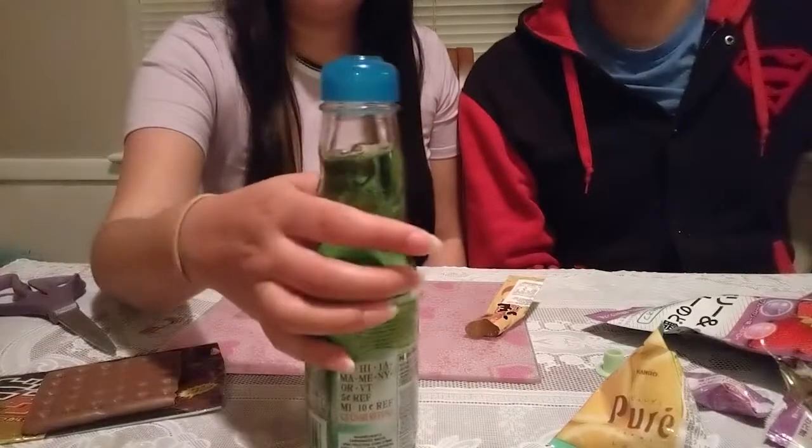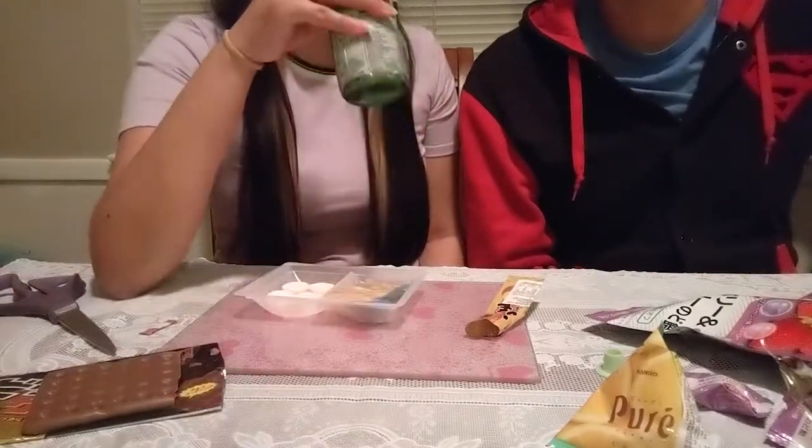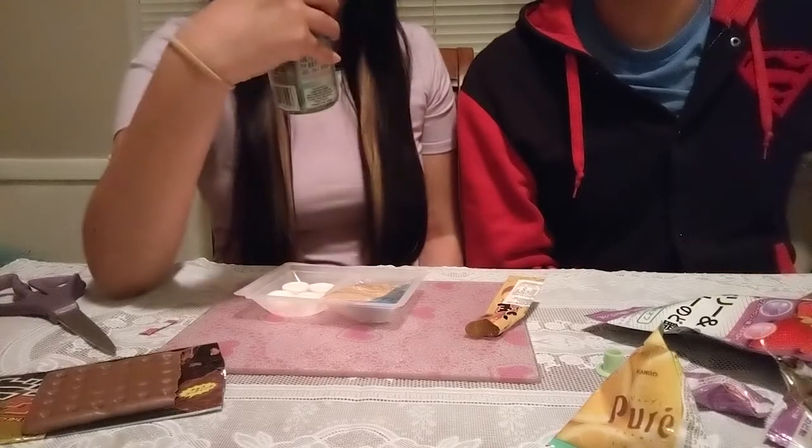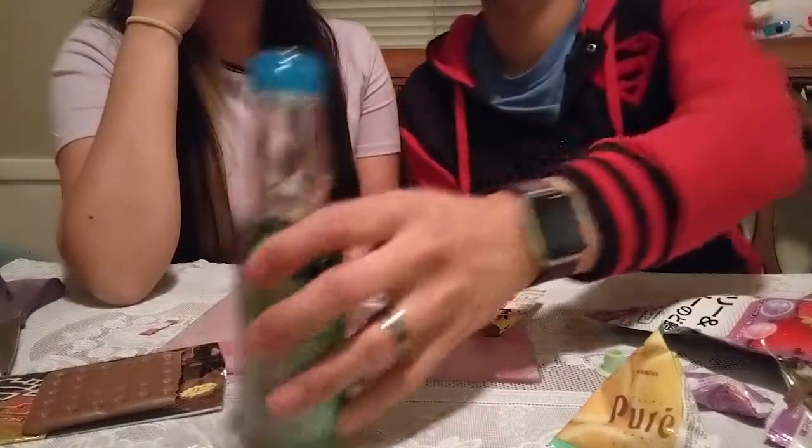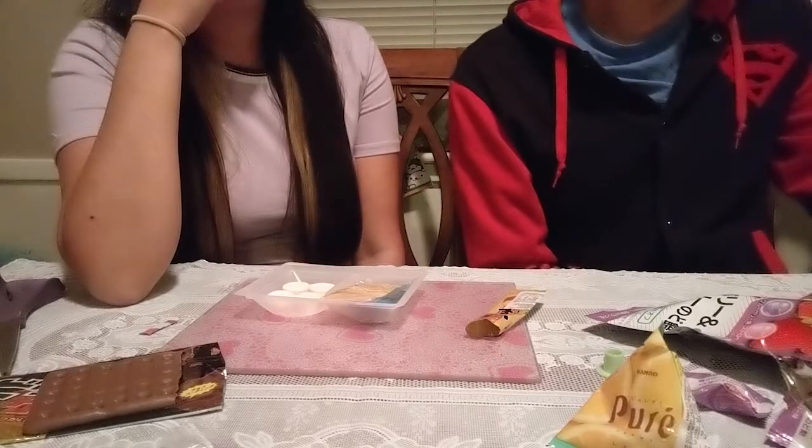Naruto flavored. Naruto melon, yeah. I guess they taste different in their world. Tastes like honeydew melon. Pretty standard. Yeah, it's pretty standard. It's also not cold. Yeah, it's supposed to be cold. Kind of flat, actually. It's a little bit flat. That's why I want to take another sip. My palate just... No, I think it's not cleansed enough, but...